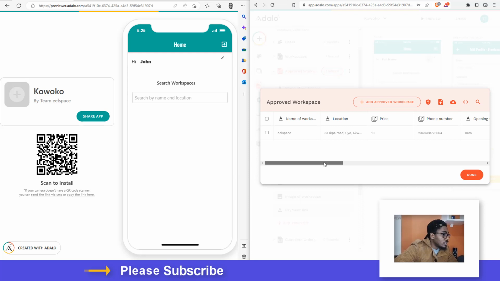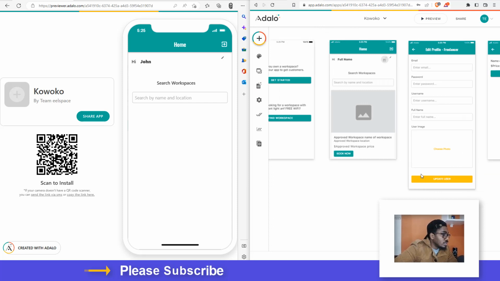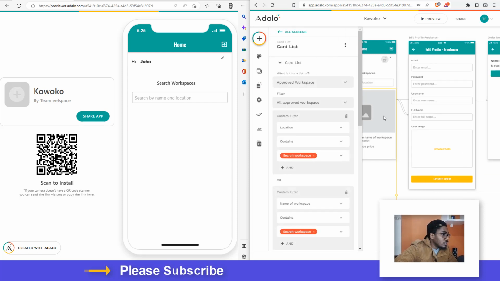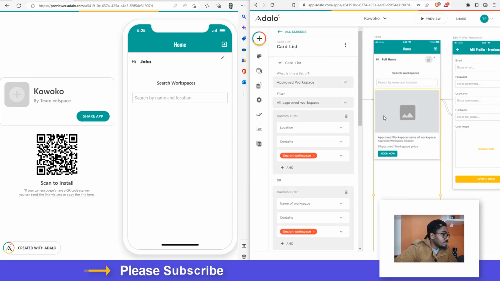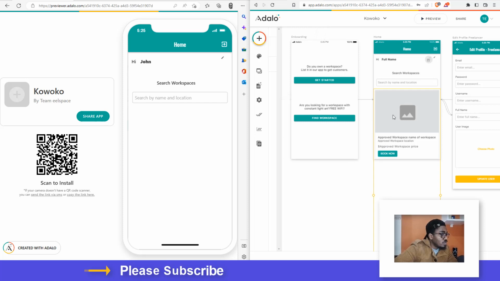So we have a workspace, actually we have a workspace, but it's not showing. Okay, why is it not showing? We say we are filtering by all approved workspaces. Custom filter is this. Okay, let's just delete this first. Let's see. Let's leave things the way they were before,